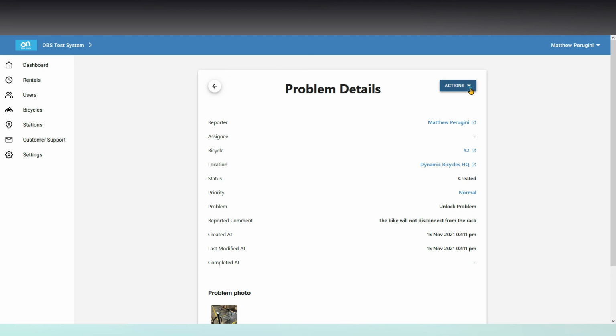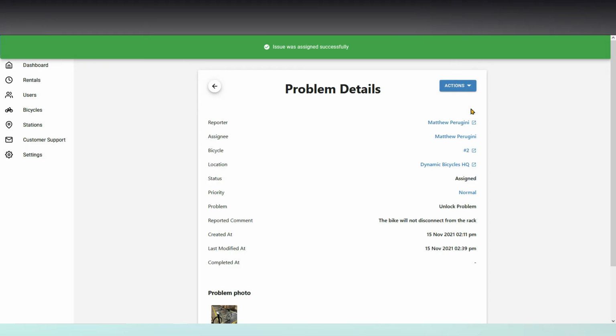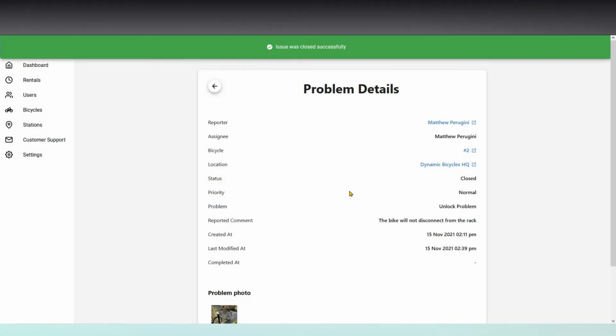Additionally, you can go into the Actions tab and either assign or close out the ticket. Assigning the ticket will allow you to assign it to a specific admin user. This is useful if you have an on-site bike mechanic. To close out the ticket, you would select the Close button, select Yes, and you can see the issue